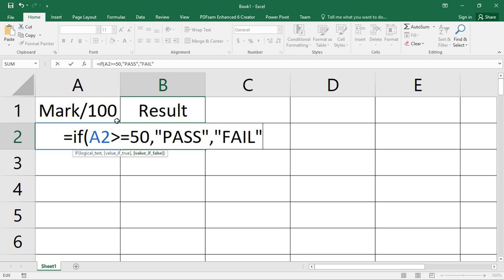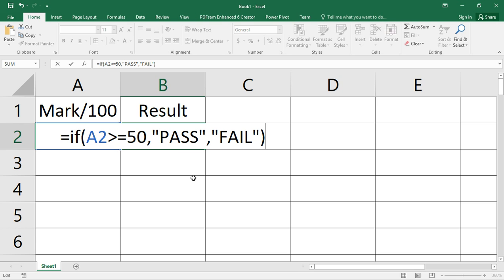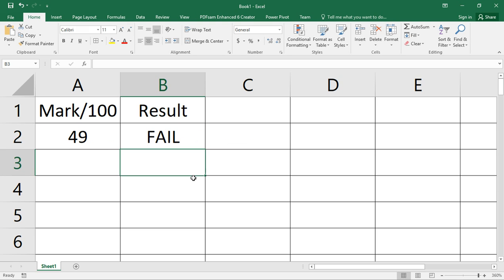You get that? So if this is true, then this one is going to be printed in this cell. Otherwise, this condition is not met. That means this logical test is false. And the value that is going to be printed if this logical test is false is going to be fail. And then we close the bracket and we press enter.